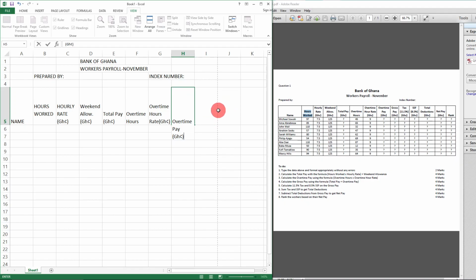Okay, so we move on to gross pay. Gross pay, that one too is in Ghana cedis. Then we move on to tax,